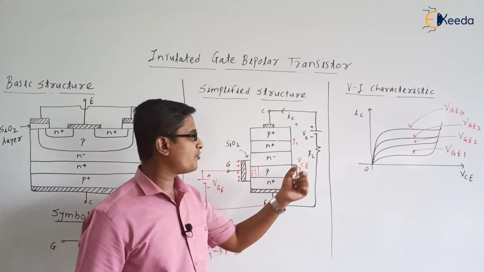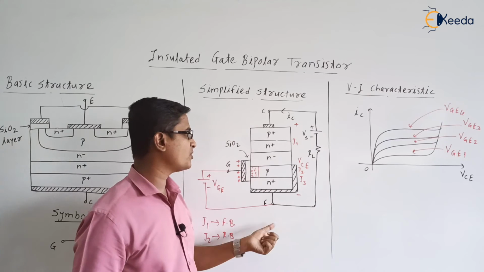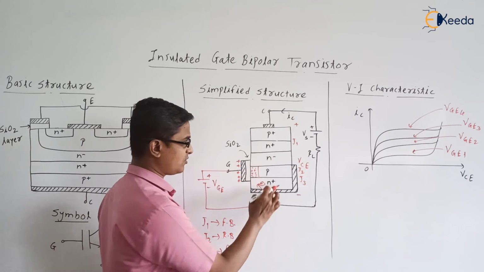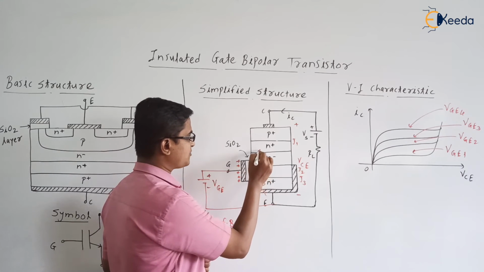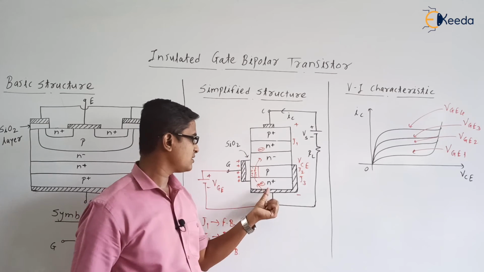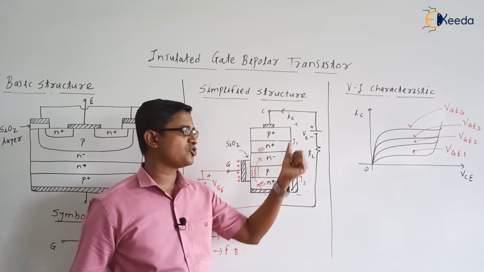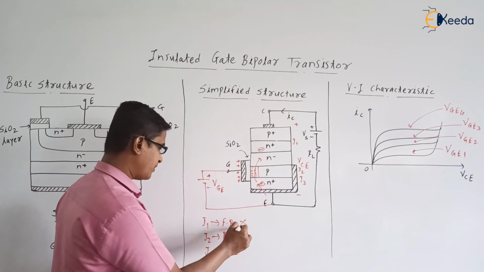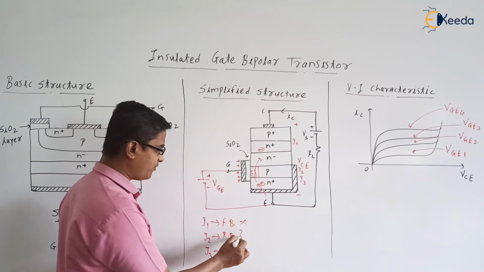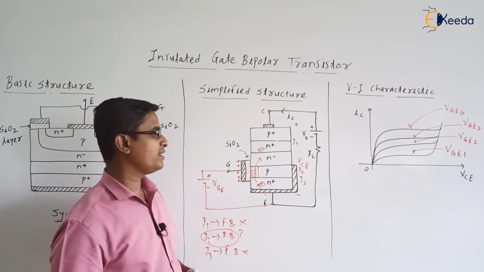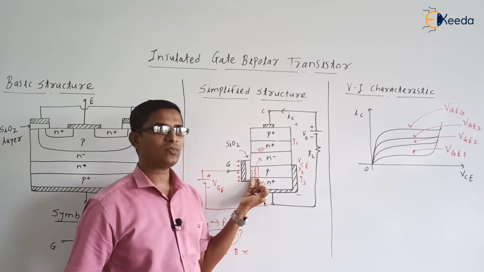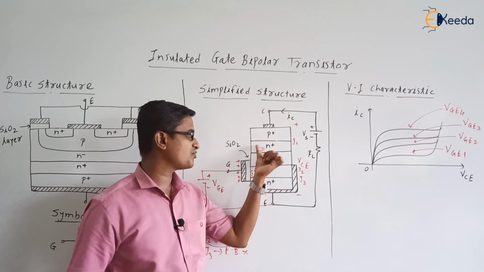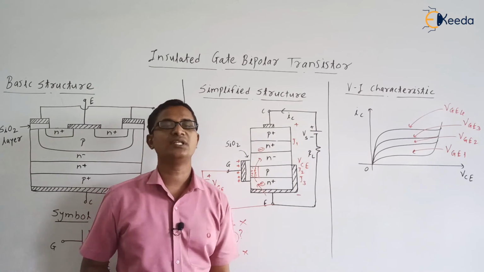Suppose one electron comes out from the negative plate of the VS and enters the N plus layer, then the N minus layer. Does that electron successfully complete its path from the negative plate towards the positive plate? Yes, junction J1 is already in forward bias mode, so we do not have a problem with junction J1, but we had a problem with junction J2 only. Here we have provided an alternate path for junction J2. So the electrons will flow like this, and the current will flow in the opposite direction.